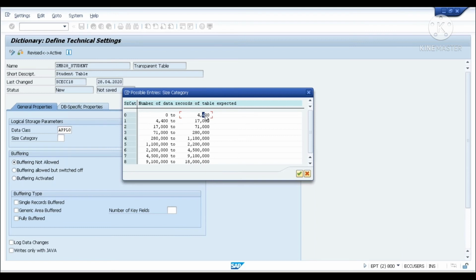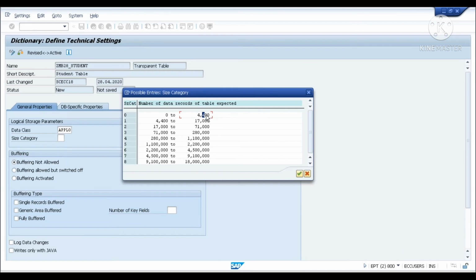But when your records exceed 4400, it will automatically allocate another chunk of memory for 0 to 4400. So in multiples of 4400 records, it will start allocating the memory.